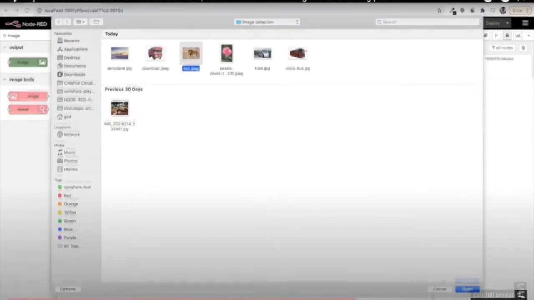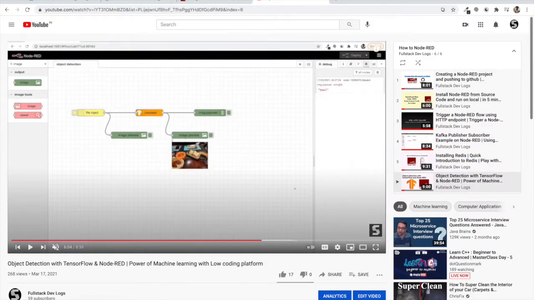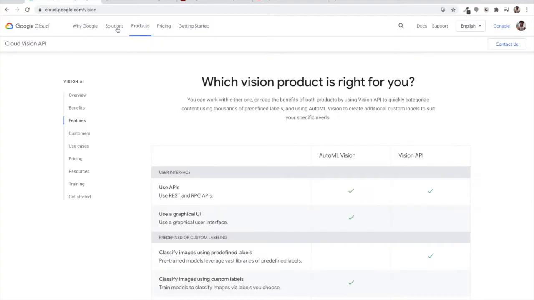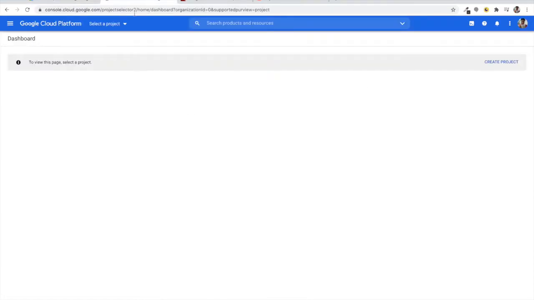Now, when you use the Google Vision API, there are numerous levels that we will be able to analyze, and we will also be able to use tags for different objects which are found in that image, for example. So we will see it in action. So let's dive in. So first step is creating an account.